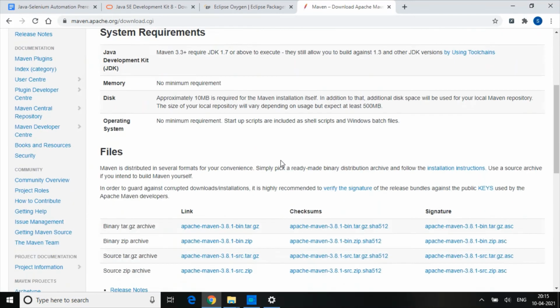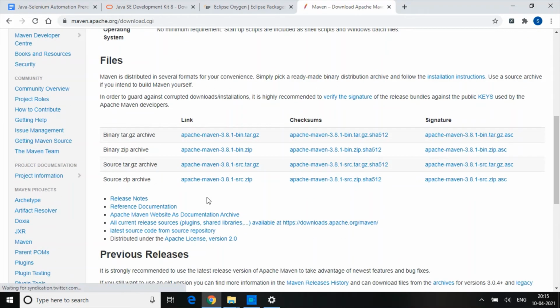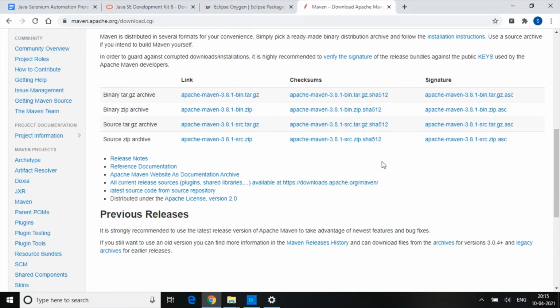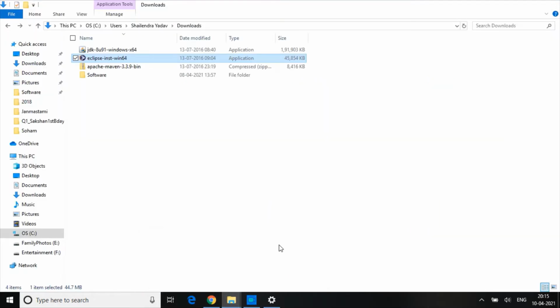Here you can come down, and depending on which server or operating system you are using, you can download. We will download this binary file, Apache Maven 3.8.1 binary file. Once you click it, it will start downloading. Now I have all three installers: JDK, Eclipse and Apache Maven.